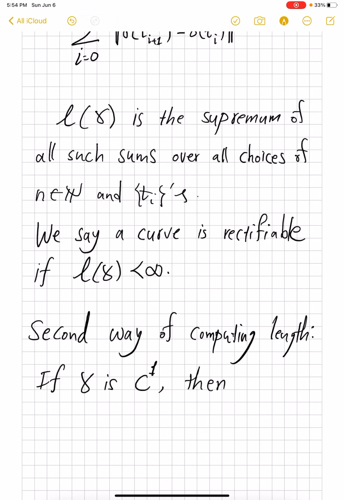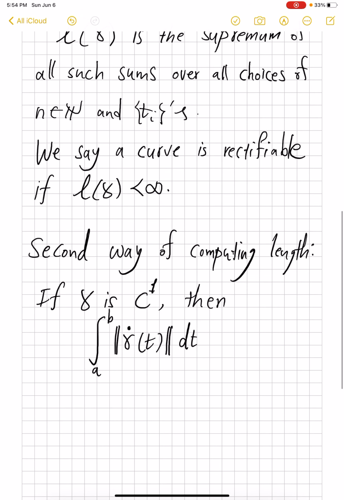Then you take the derivative of gamma, which is a vector, the velocity, but then you only look at its norm, which gives you the speed of the curve, and then you integrate it from a to b. So this quantity is a candidate for